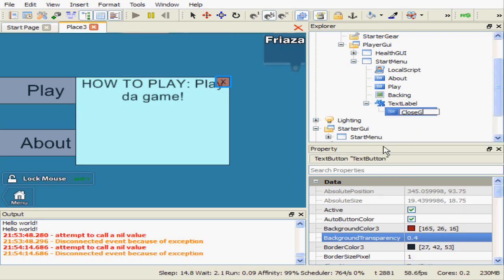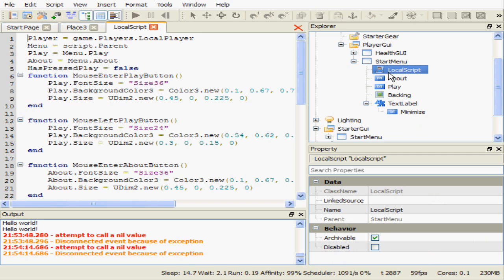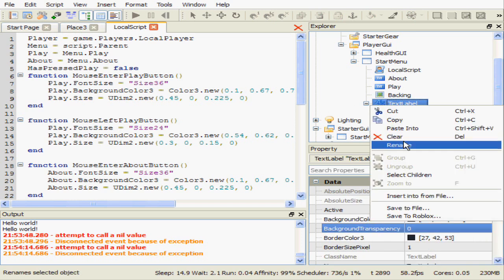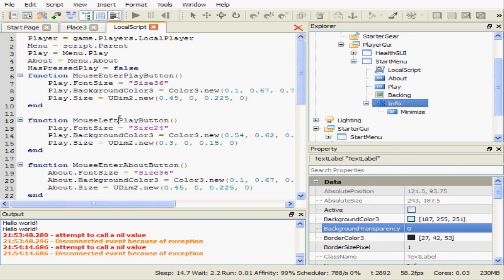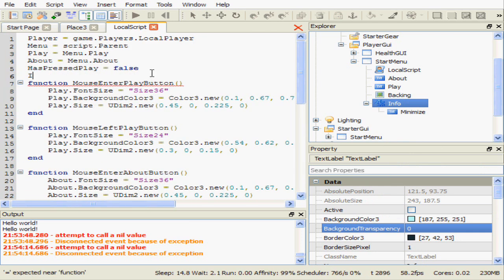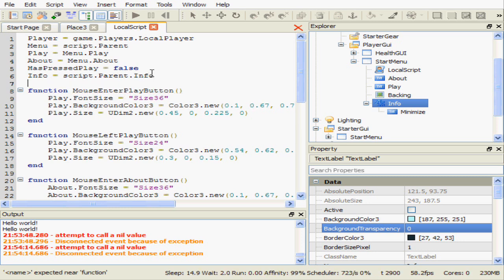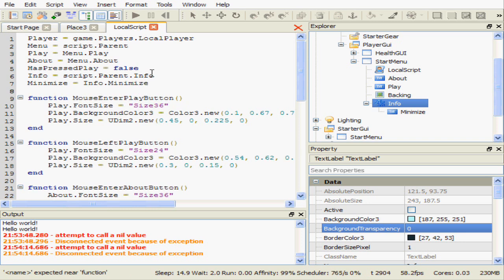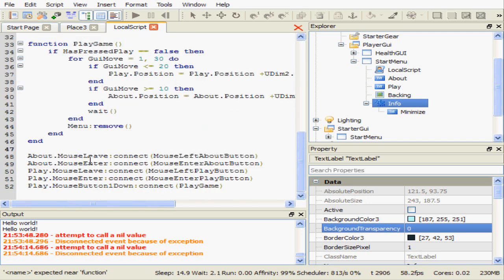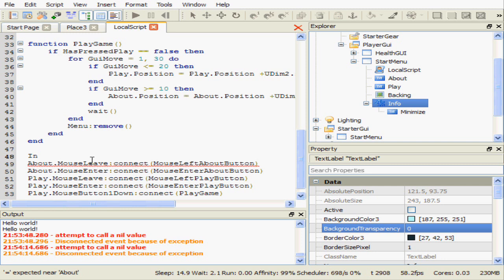And I'm going to name this close, or minimize would be better, minimize. And rename this to info. And I'm just going to tag these up here. Info equals script.parent.info. Minimize equals info.minimize. And now down here I'm going to put